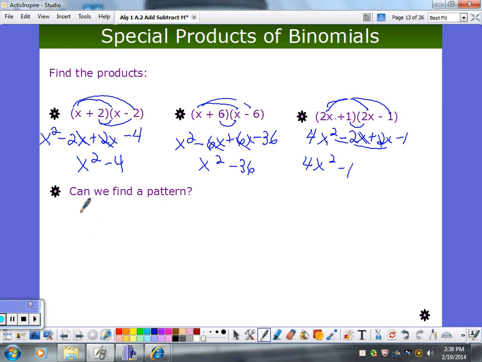What is the pattern here? What's happening? Yeah, and now we're allowed to do it. What's that thing we're not allowed to do? Multiply. The first and the last, right? The OI's, the outsides and the insides will cancel out. Instead of FOIL, this is